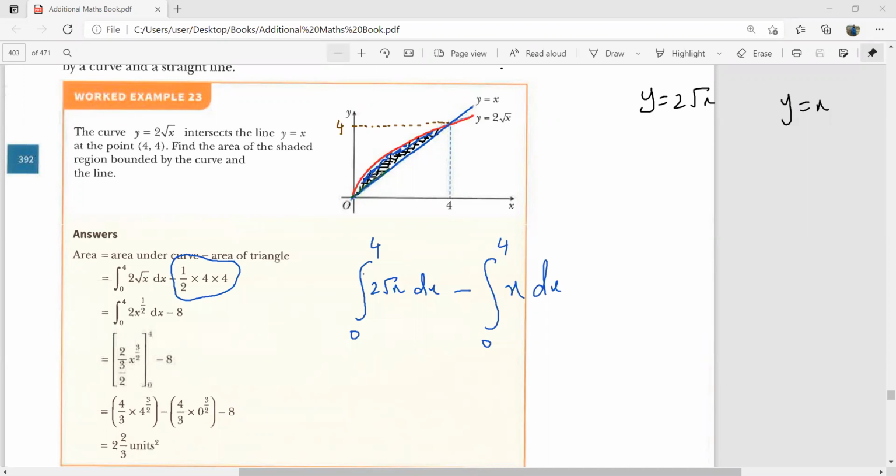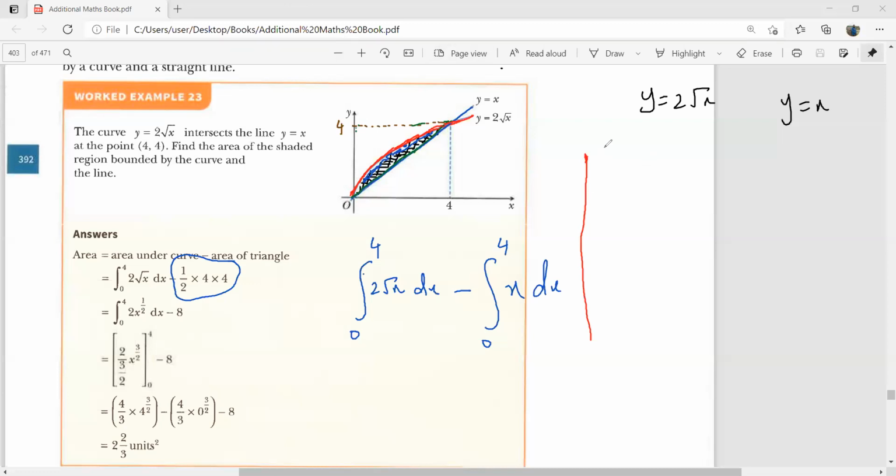This is the line here, okay? And I'm talking about the area between this line here and the y-axis, and then the area between this red curve and the y-axis. Which one is more this time? The curve or the line y equal to x? Yeah, y equal to x. And you will see that you will get the same answer. Let me do it for this one for you people.